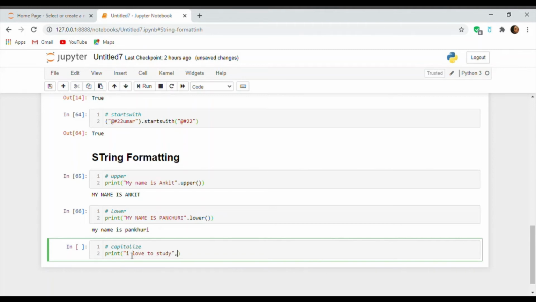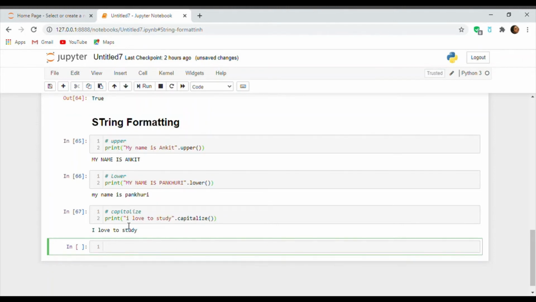So the next string formatting is capitalize. So what does capitalize do? Capitalize makes the very first character of your string into a capital letter, and the rest of the characters of your string will be in small letters only.